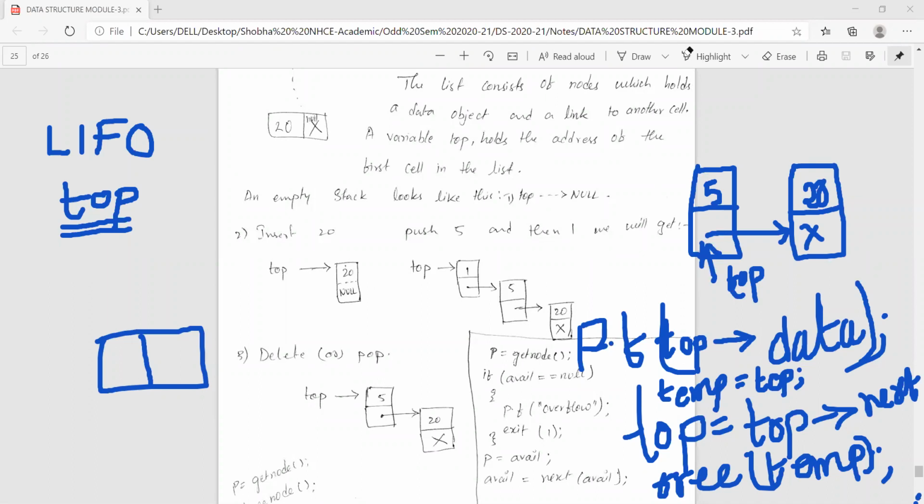If I'm not storing it in temp, as you just saw when we were explaining, if I'm not giving this statement, once top is incremented, there is no way or no chance of going to the previous node of the top. That was actually a drawback of singly linked list. That's why we went into doubly linked list.